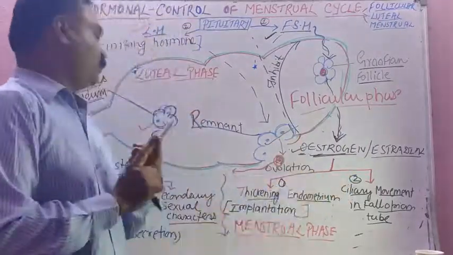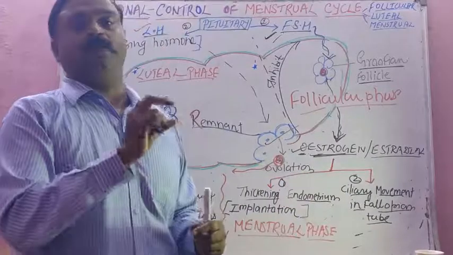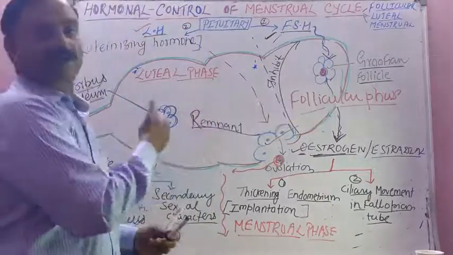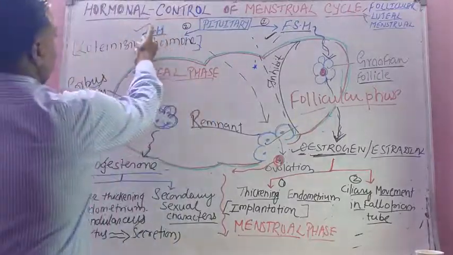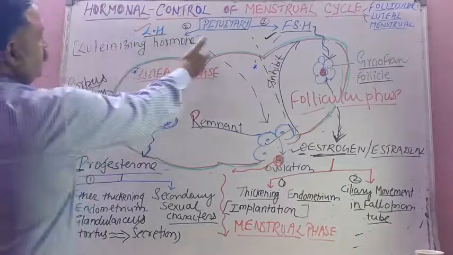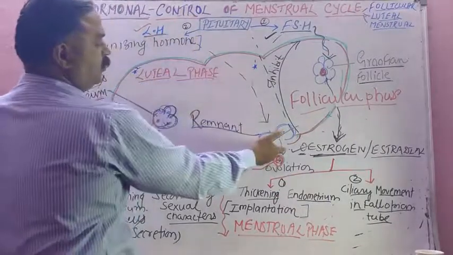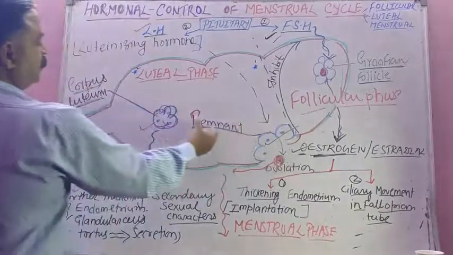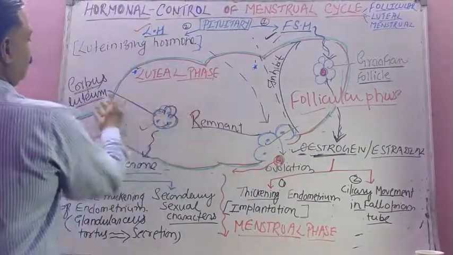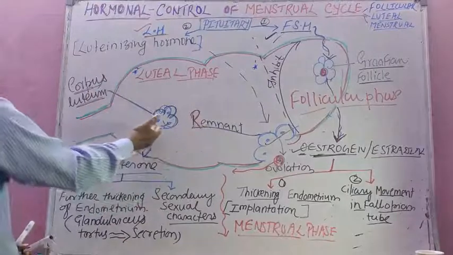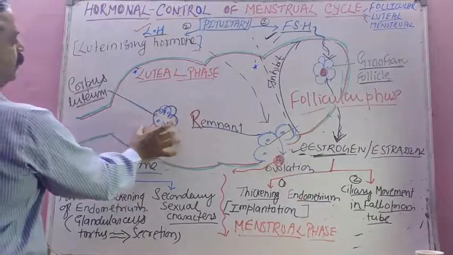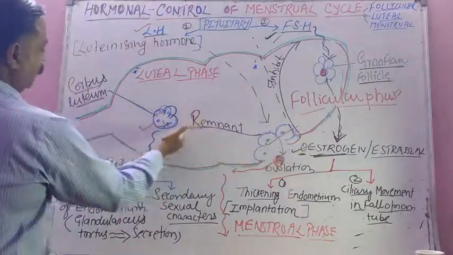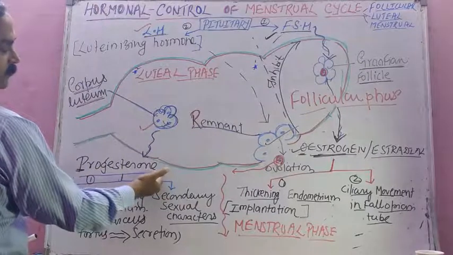These are the two functions of estrogen. What are they? Thickening of endometrium for implantation. Second, ciliary movement in the fallopian tube, and that ciliary movement conveys the ovum towards the uterus. And then the second hormone is luteinizing hormone, isn't it? Luteinizing hormone brings about ovulation. Ovum is out, and the remaining ball of cells, the Graafian follicle's remaining part, is called corpus luteum. So that is luteal phase. Now this ball of cells is not called Graafian follicle, it is without ovum. It was already secreting estrogen hormone, now it starts secreting progesterone hormone, the second female hormone.